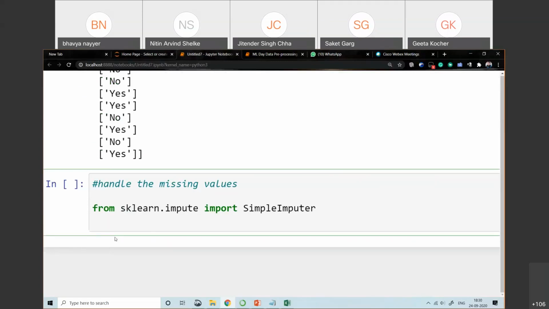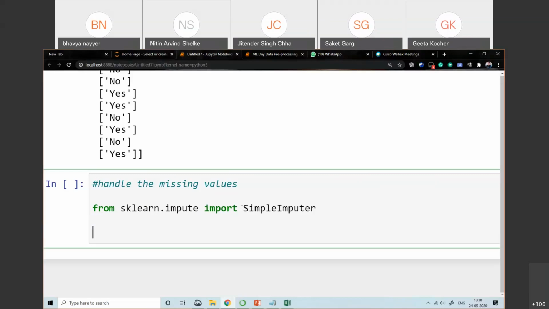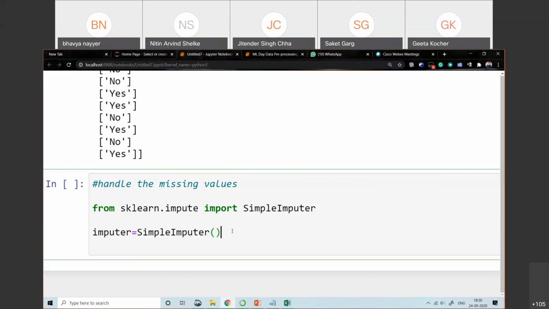Then we create the object of the SimpleImputer class. Imputer is one variable, the object of my SimpleImputer class. To create the object, just write SimpleImputer and brackets. Through this line of code, you can create the object of the SimpleImputer class. Now the object is created.